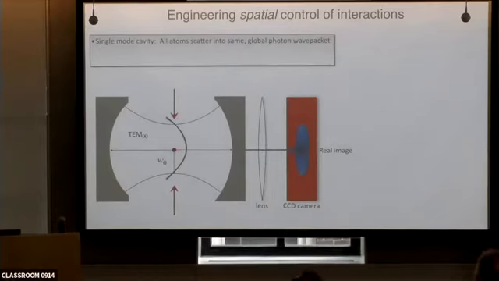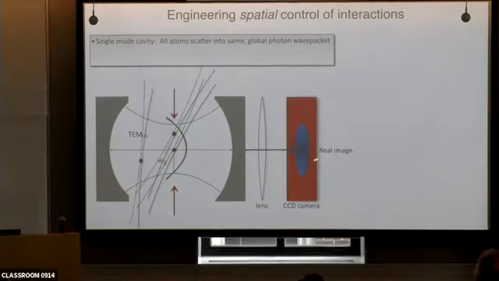Now, what's kind of disappointing is that if I pick up this BEC with, say, an optical tweezer, so my green laser, I pick it up, and I move it around, no matter where I move it, either in this plane or somewhere else, everything that comes out will always look like a Gaussian. Basically, the only photon wave packet I could have in this cavity is that single mode, okay? The photon part of the polariton is boring. There's nothing else going on there. So I'd like to fix that.